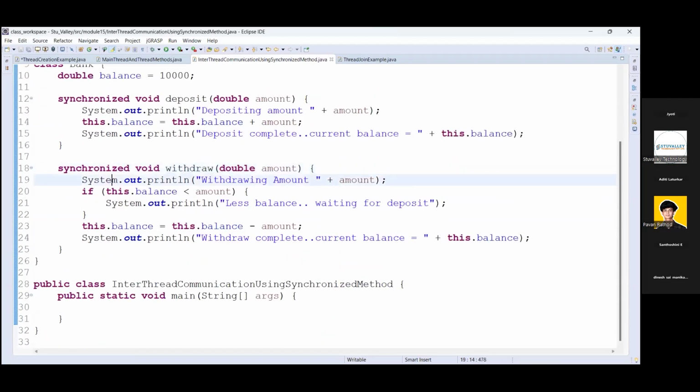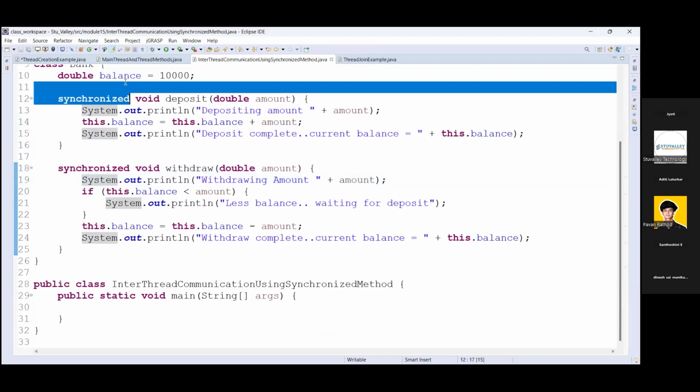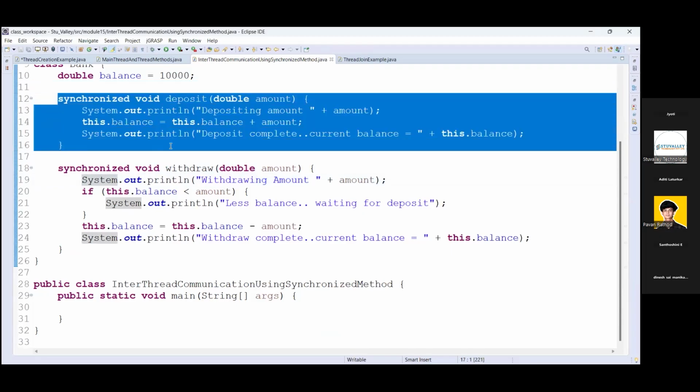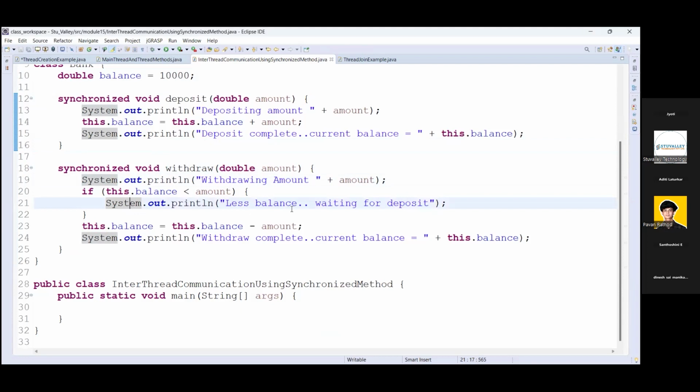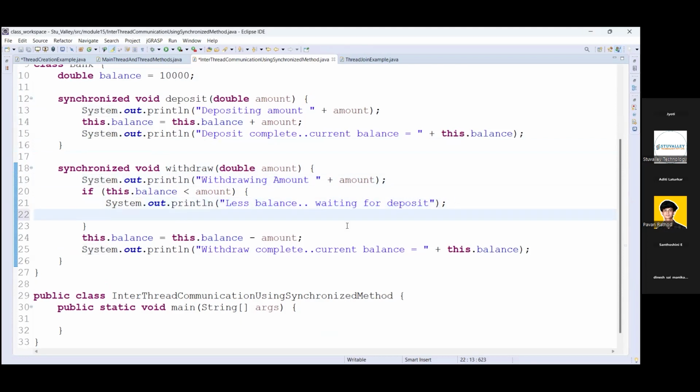Synchronized keyword. Okay. Now here in this example, we need to use wait and notify. This withdraw method is going to wait for the balance variable which is held by this deposit. The wait method is basically used for waiting for deposit to complete, because we have a less balance. So after deposit is executed, till that time we should wait. Okay, so we are going to use wait method here.